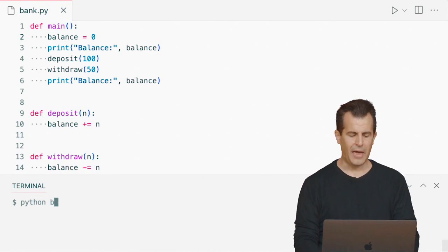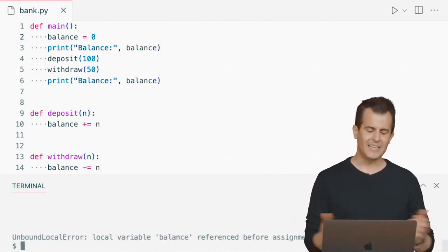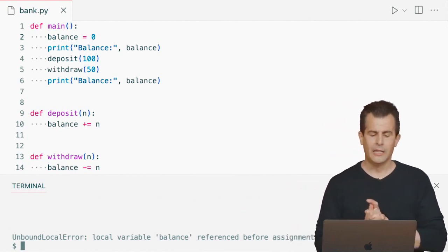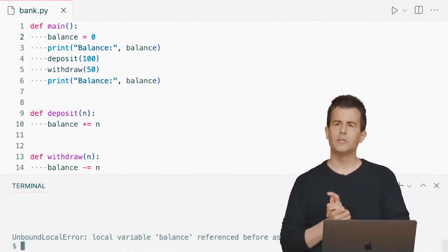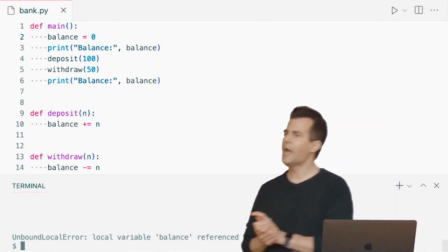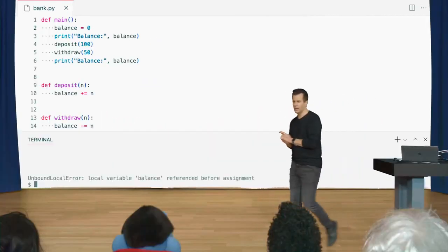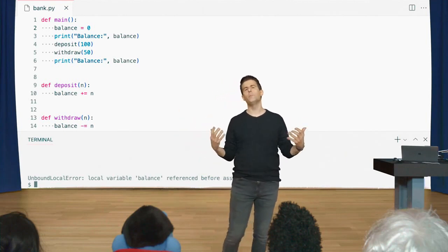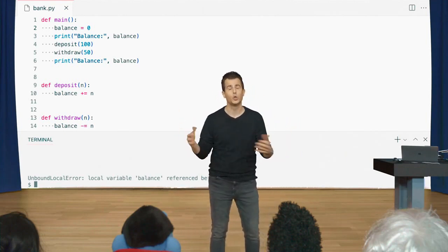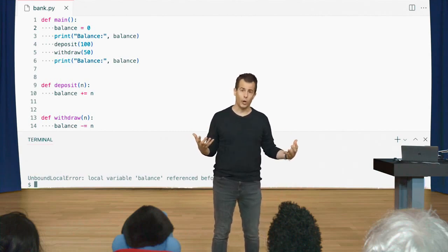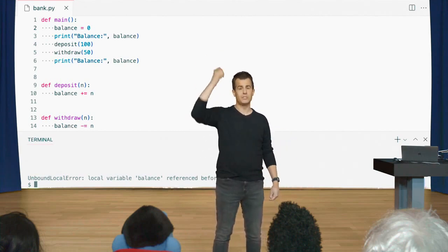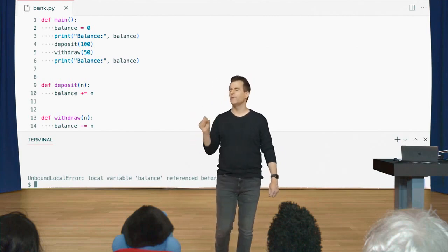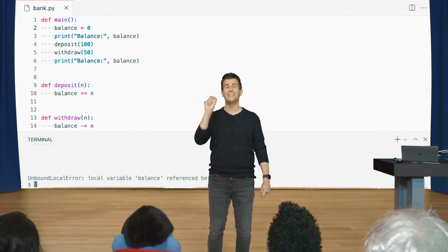Might this now work? Well, let me try this now. python of bank.py, enter. That alone did not solve it. I still have an UnboundLocalError. This time, though, it's for a different reason. It turns out now that balance on line 2 is by definition a local variable. A local variable is one that exists in the context of a function, at least in this case. A global variable is the opposite, one that does not, for instance, at the top of my file. So here is another distinction in Python. If you declare a variable in a function like main,